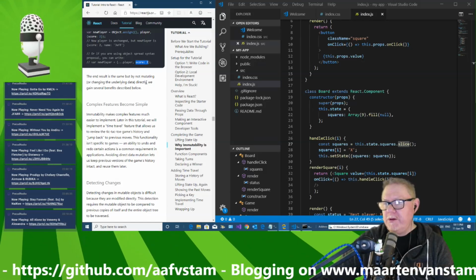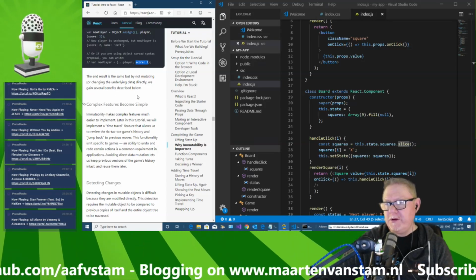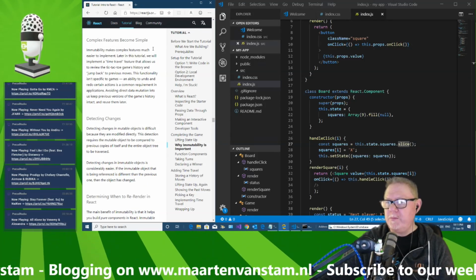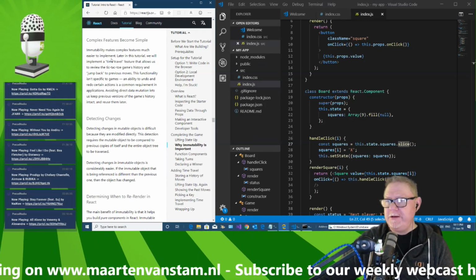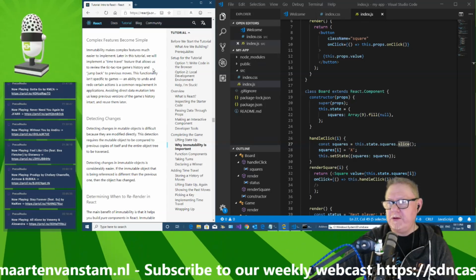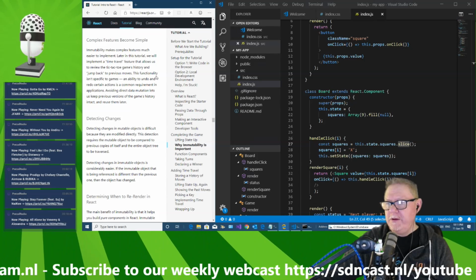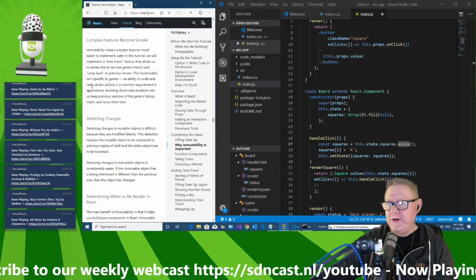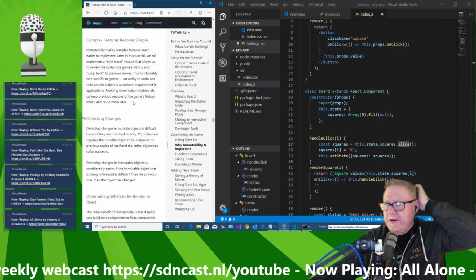The end result is the same, but by not mutating or changing underlying data directly, we gain several benefits described below. Complex features become simple. Immutability makes complex features much easier to implement. Later in this tutorial we implement a time travel feature that allows you to review the tic-tac-toe game history and jump back to the previous moves. This functionality isn't specific to games, and the ability to undo and redo certain actions is a common requirement in applications. Avoiding direct data mutation